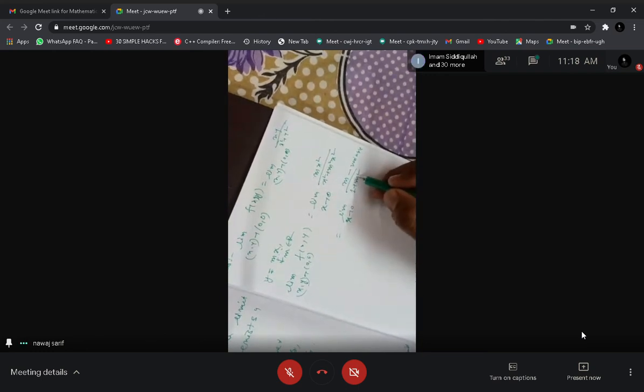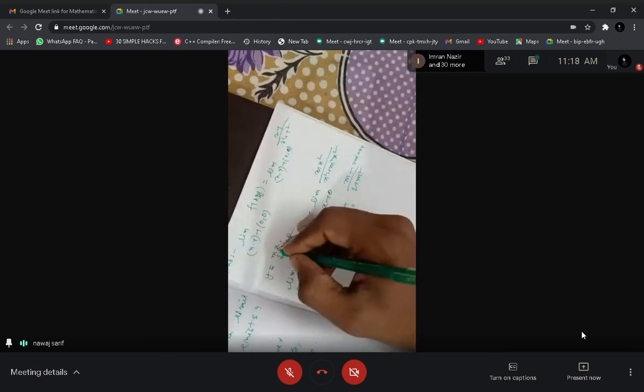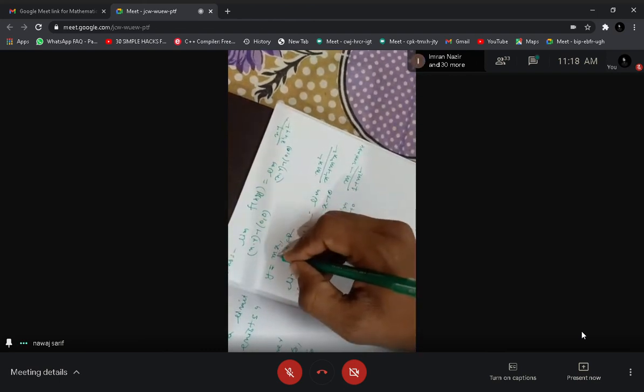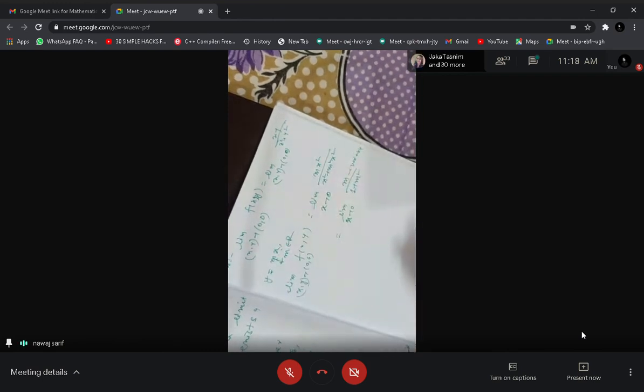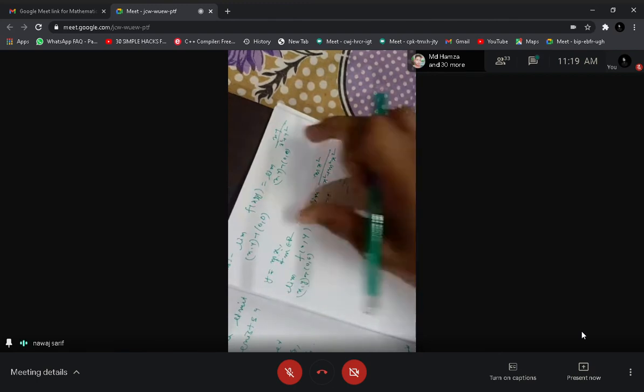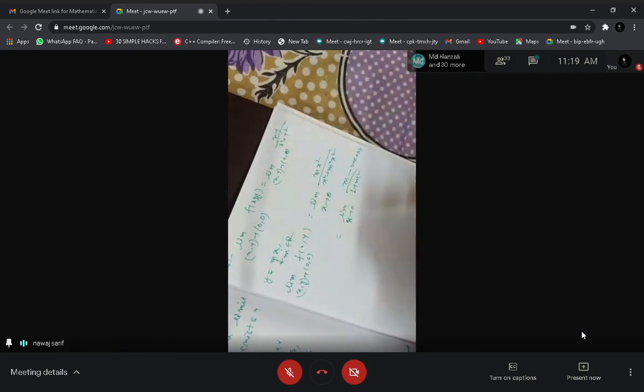But in this case, this is not unique. When we approach along y equal to mx, when m changes, then the limit changes. So this limit is not unique. That means the limit does not exist in this case. Yes, sir. Okay, so how will you approach? In two variables, you have to choose a certain path. If the limit exists, then you can directly solve and you will get the limit. But you have to choose some path. If along any path the limit is not unique, then you can say that the limit does not exist.